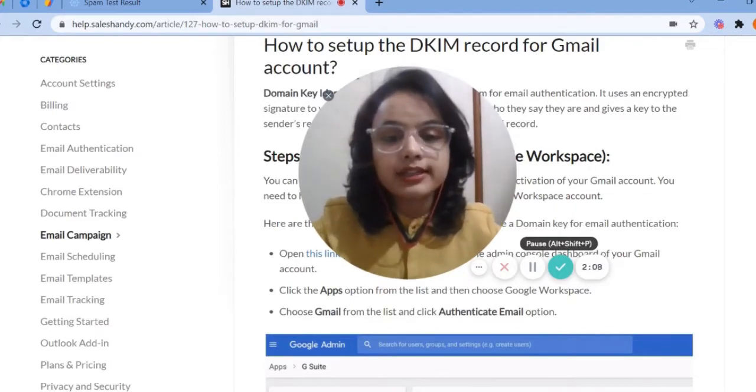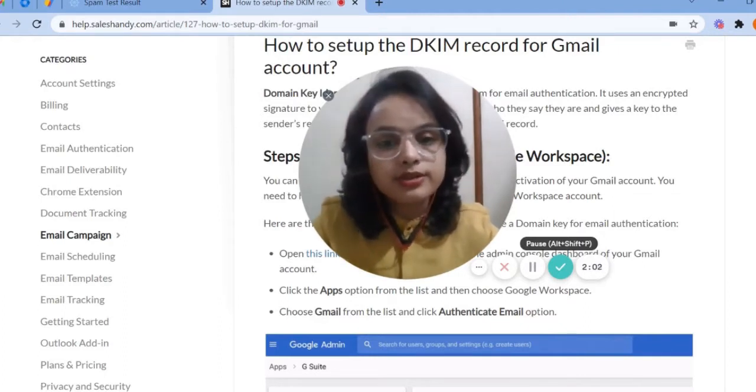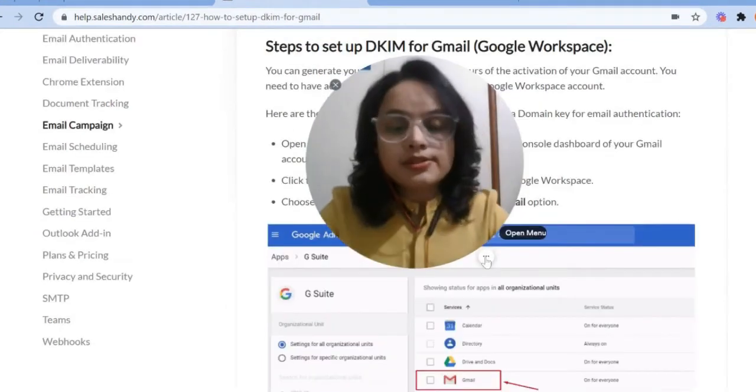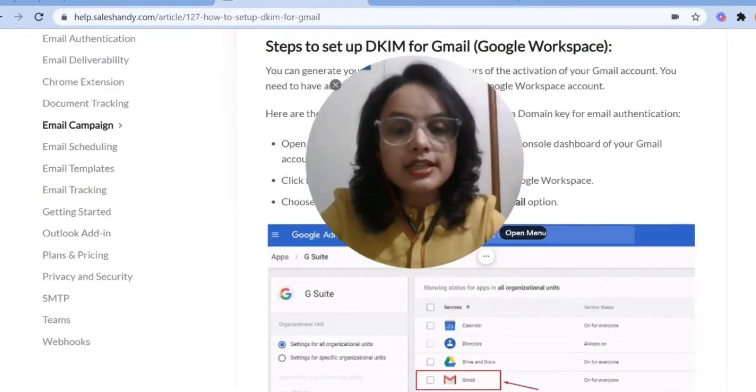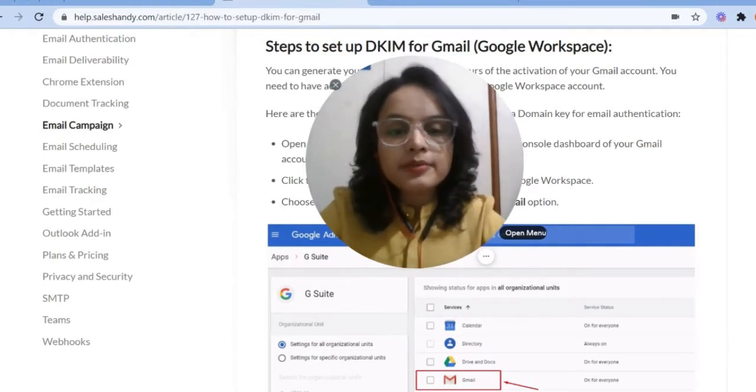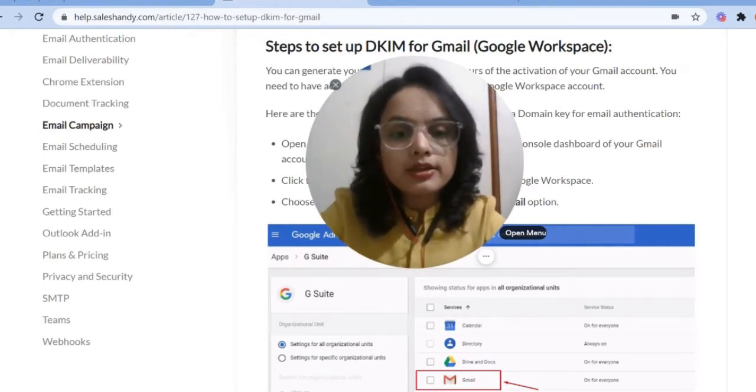If you figure out that your email does not have a valid DKIM signature, you should set it up as soon as possible as it may affect your deliverability in the longer run. So now is the time for how to set up a DKIM record for your domain. The steps to set up a DKIM record may vary depending upon the email service provider you are using. Here we'll be covering Gmail in this video as Gmail is the most commonly used email service provider these days, and in case you have any other email service provider, I suggest you contact their support team and they will assist you in the DKIM setup for your account.